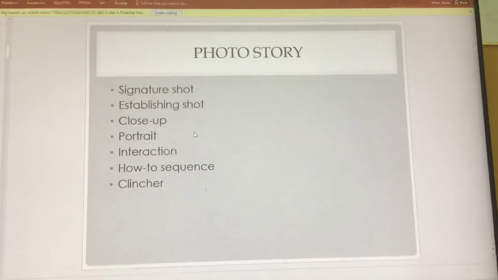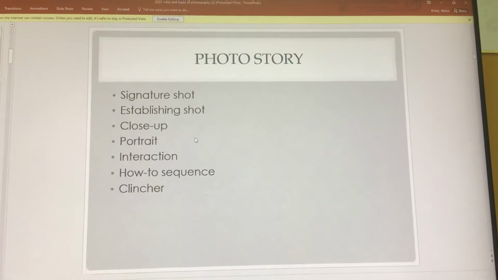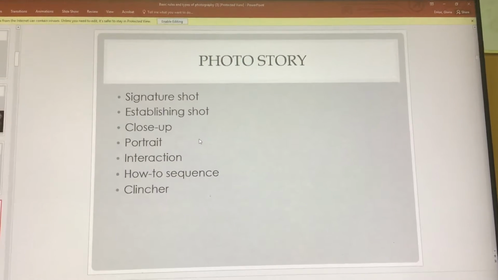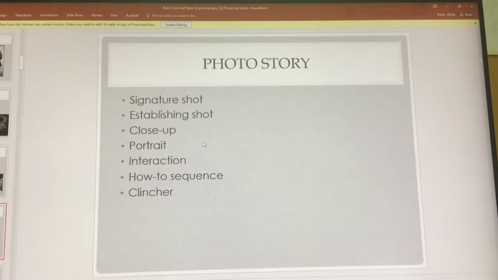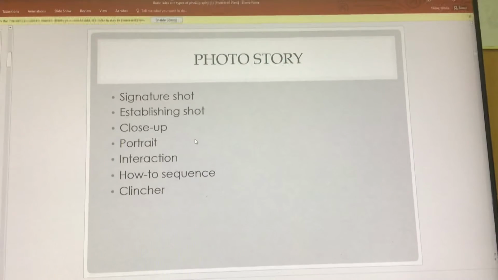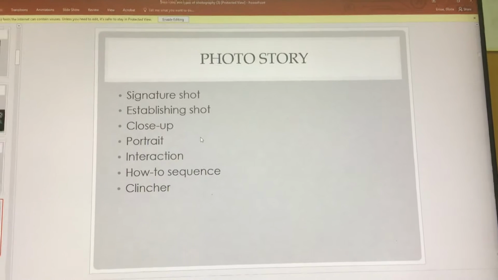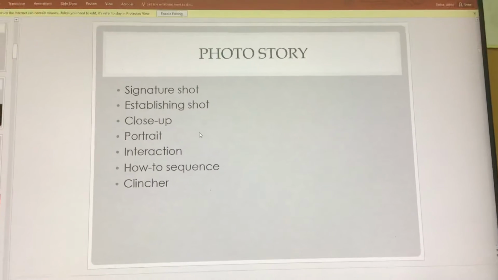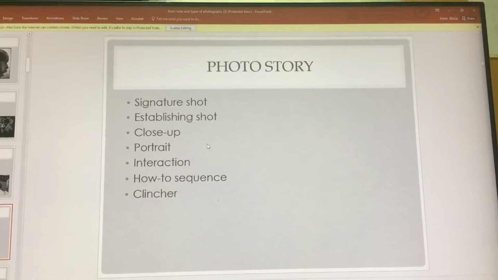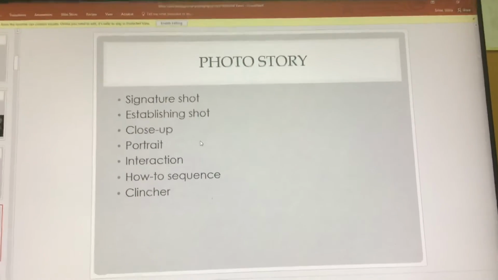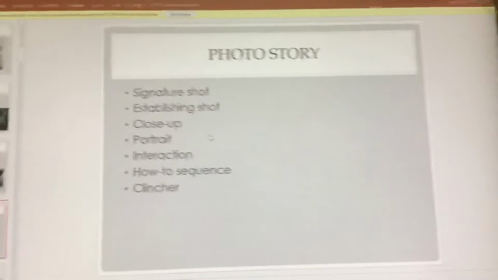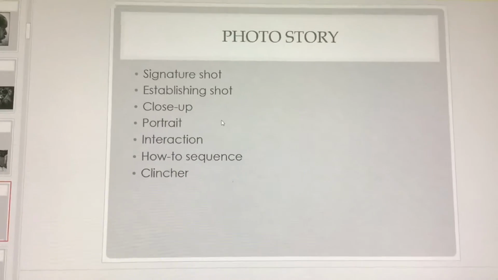Your establishing shot is your opening shot, and often that's going to be showing the scene, so it'll often be a wide shot. Close-up's pretty self-explanatory. Portrait's pretty self-explanatory. Interaction, that would be just a photo that shows 2 or more people working together on something. A how-to sequence would be a series of photos that take you through a specific process. And then the clincher is just the last photo of the story. All right, the